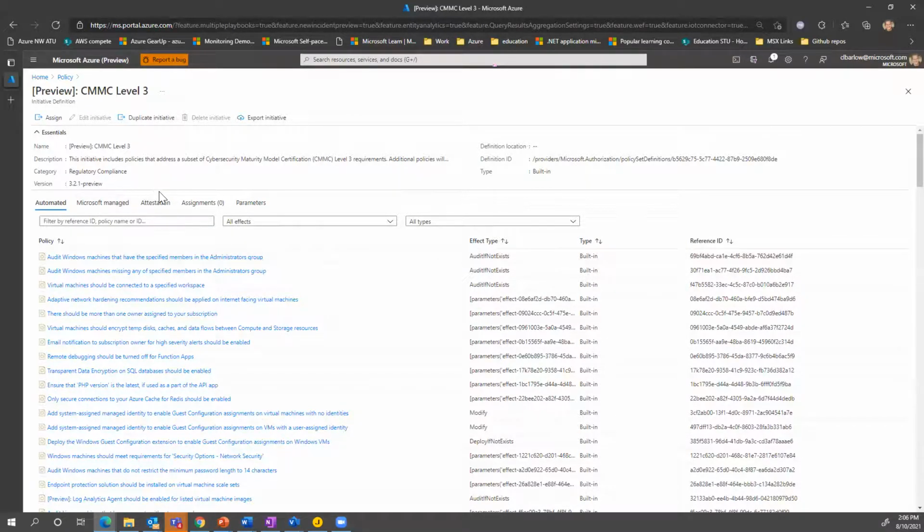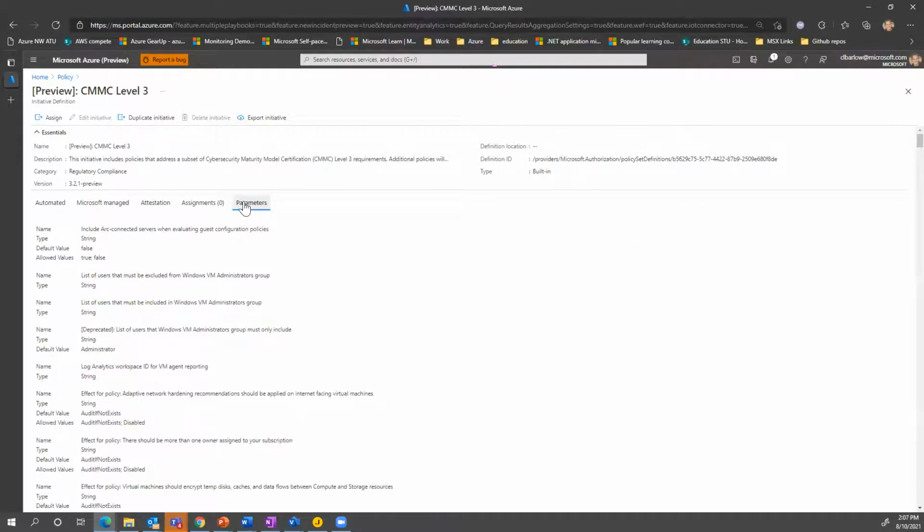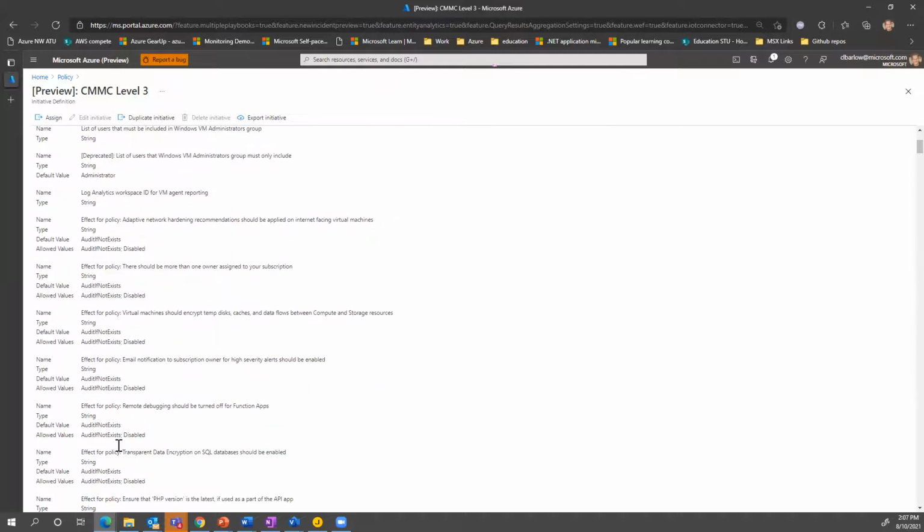So especially with CMMC level 3. CMMC level 3 is different than CUI, even though it's going to encompass CUI. CUI allowed you to drift in the safe harbor of self-attestation. The last C in CMMC is certification. You will have to have an audit and you'll have to have somebody else attest to it. So this is where some of the stuff that you can kind of go through and get some attestation and some other aspects. And then the parameters as well, what you can include in there to make things happen.